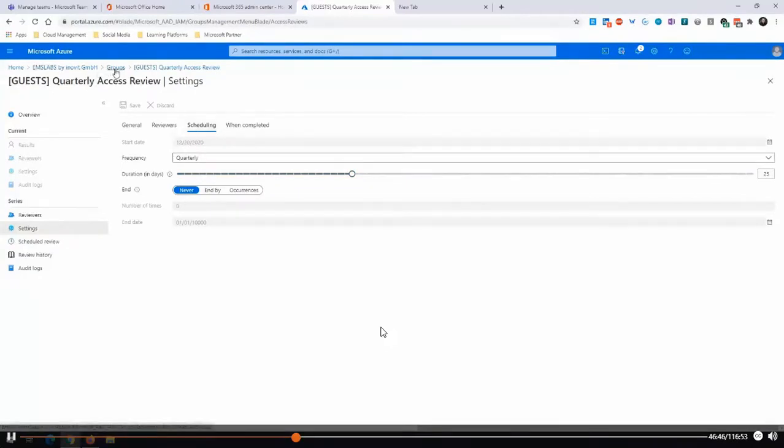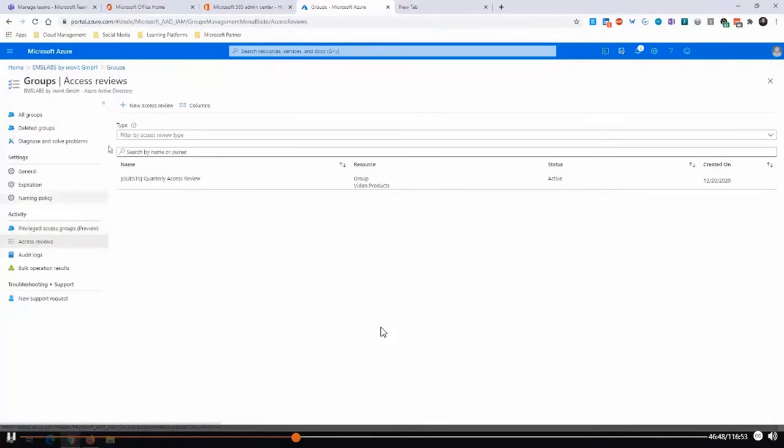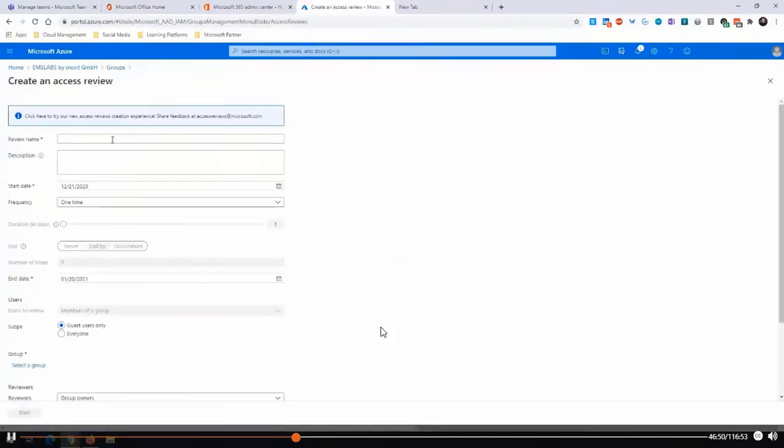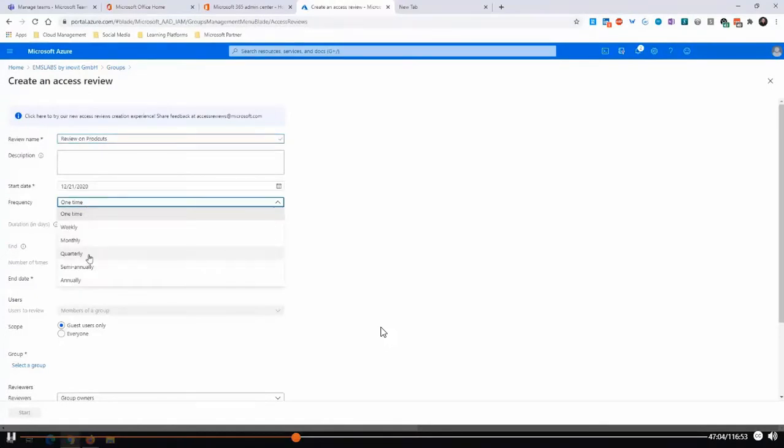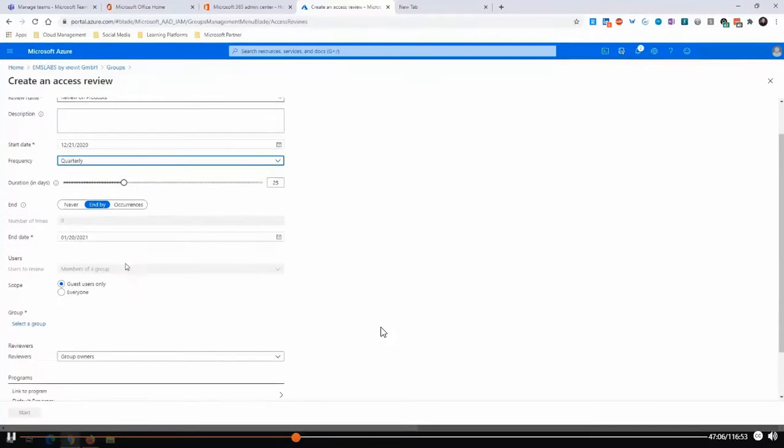So let's just go short inside of that and build a new one. Let's say we want to have a review on the products. We can say, okay, is it, for example, also quarterly, like in my example?